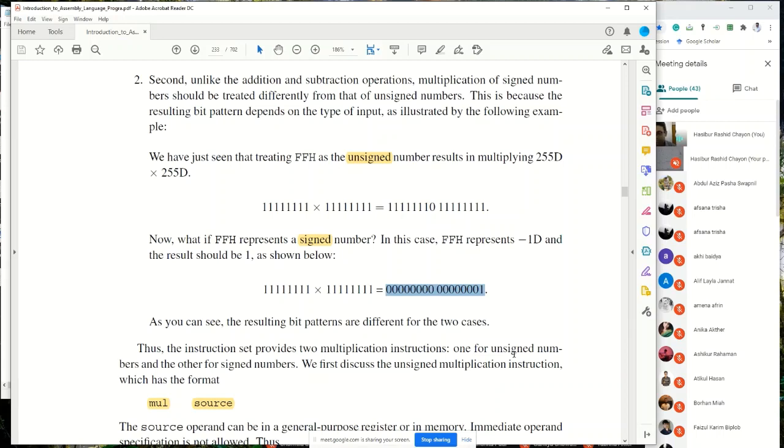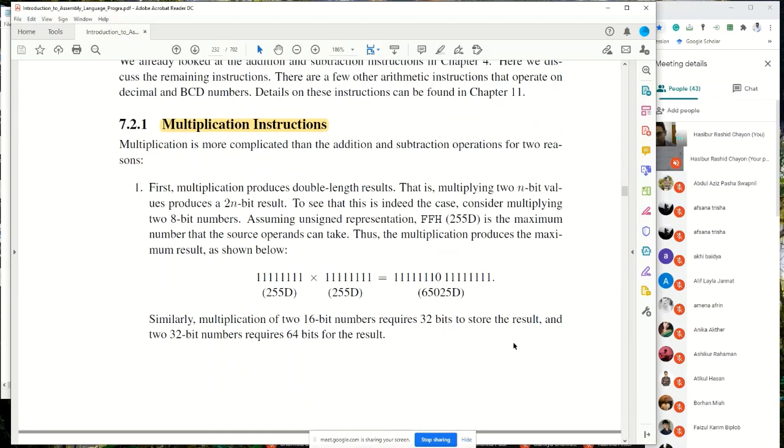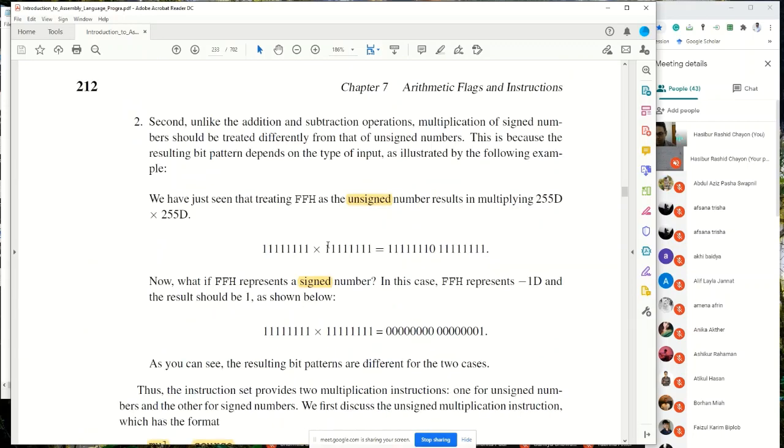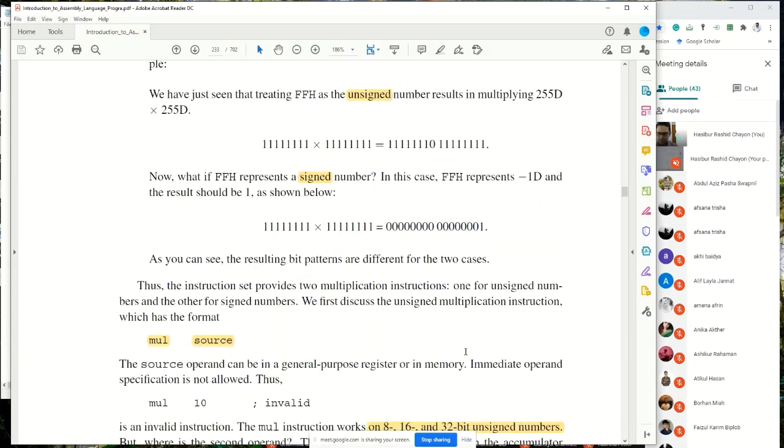Whenever we are going to multiply, we need to consider these two issues: that 8-bit multiplied by 8-bit should have a 16-bit result, and we should consider whether it's a signed number or an unsigned number. Okay, so let's try the signed number first. So if it is a signed number,